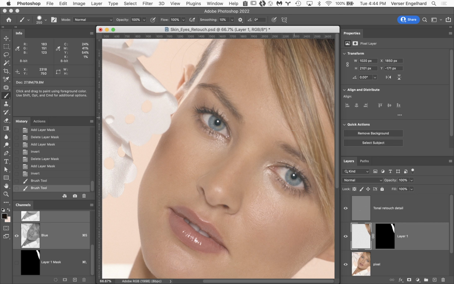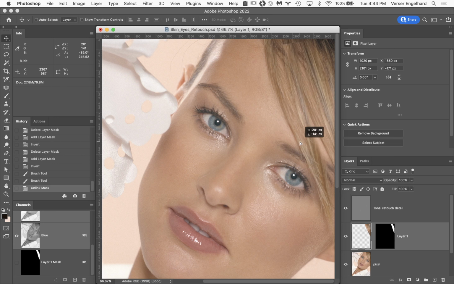I want to be able to move the patch, but I don't want to move the mask. The mask is in the right place. So I'm going to click on the chain link that separates the pixel content from the mask. If you click on that, that chain goes away. Then select the pixel content, which is the hair patch. Hit the V key to get the move tool, and you can move this around, and you can see it's